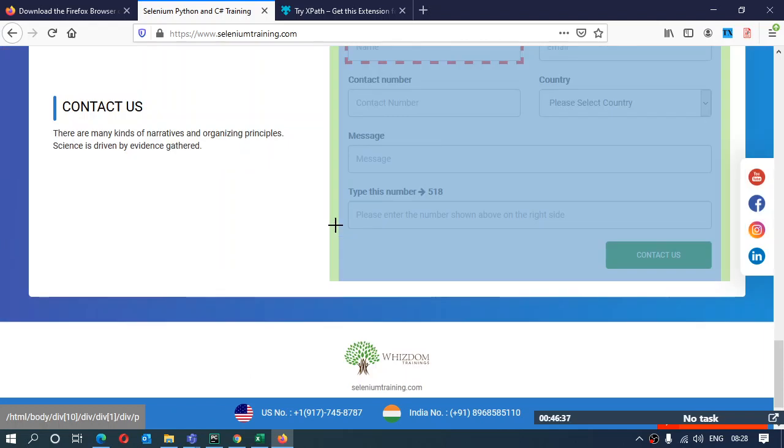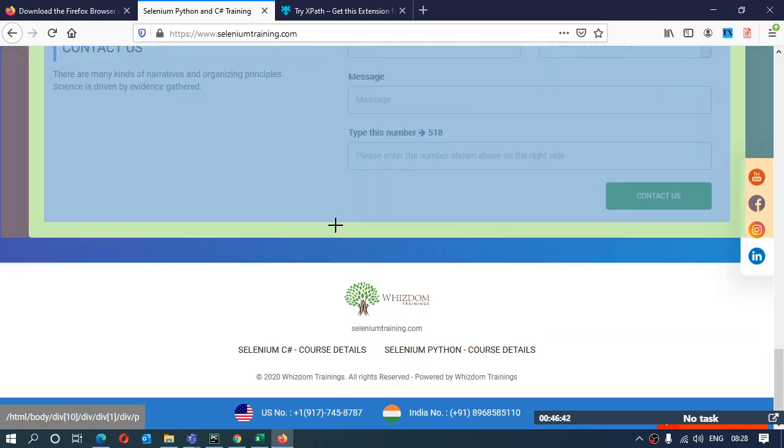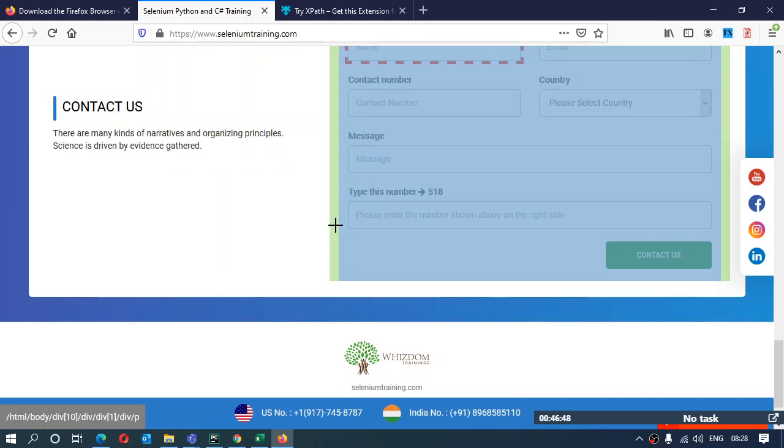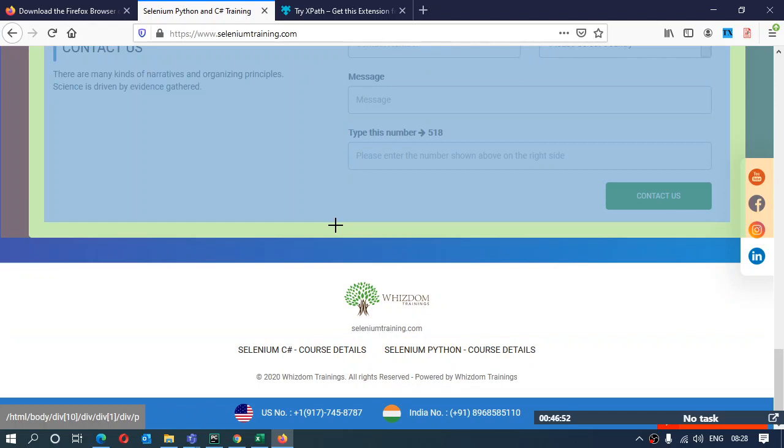This question comes up from many people, that Firefox is not returning the XPath that Chrome is returning. I always tell them this is the funda you need to understand, but people still ask me the same question.